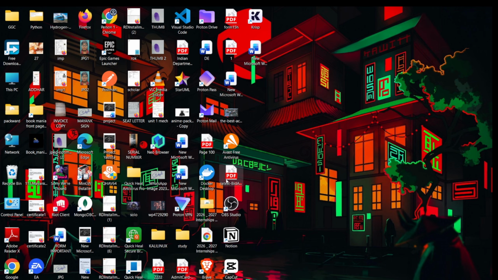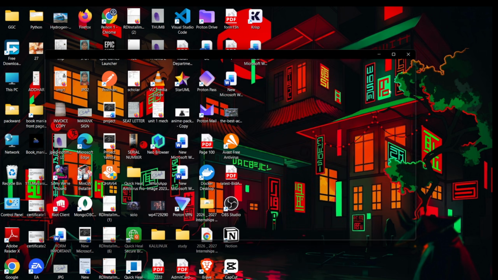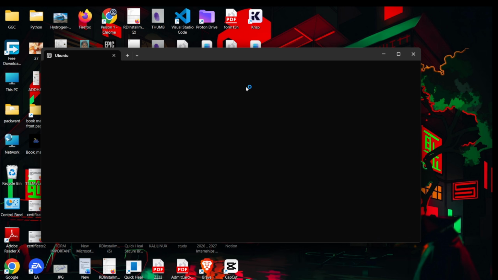Minimize it. After installing Ubuntu, you have to click on the Ubuntu. When you open Ubuntu for the first time, it will tell you to create a password and retype it. I've already installed it, so I'm not doing it.